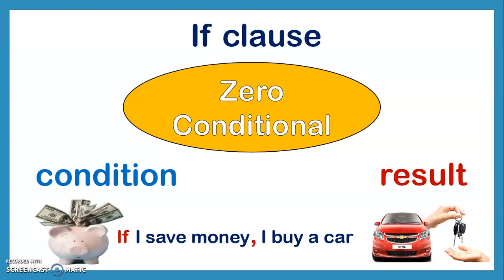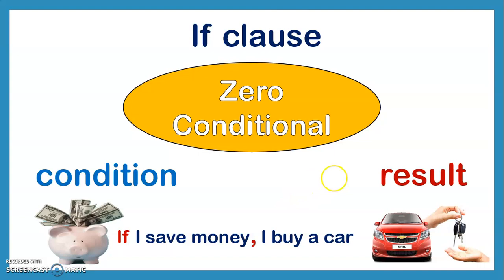But remember something important. When you write, when you start the sentence with if, remember, you have to separate with a comma. Okay, here we have two clauses, no, that is the condition here, if I save money, comma, and what about the result? I buy a car. So you separate both with a comma. But if you change the position, remember, you don't need a comma there. Okay, so keeping in mind that.